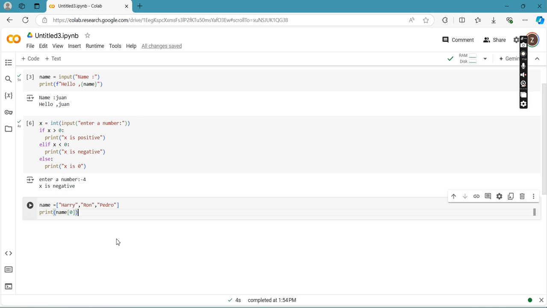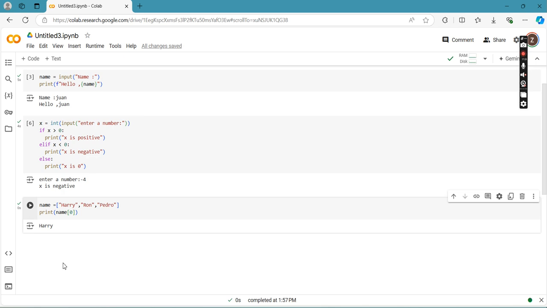So I'm going to access index 0. So it's common knowledge that in an array, we always start counting at 0. Let's try to run it. So there we have it. We have actually accessed and printed Harry since we have accessed index 0.